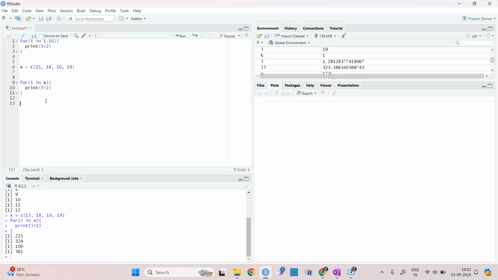What else we can do, according to our problem, is that inside the for loop we can make use of other functions, like if.